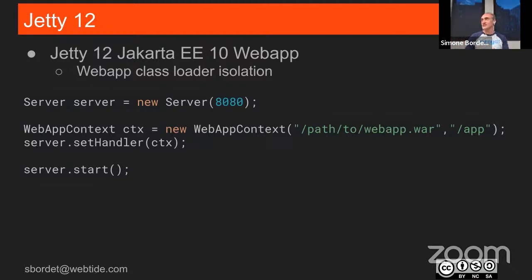And the last version of it is that now you have full Jakarta EE 10 with class loader isolation. Now you have not anymore a reusable servlet somewhere, but you have a full WAR developed by some other department of your company that gives you the whole WAR file. And at that point, you just say, well, now we have a web app context that we attach to the Jetty server. And this is the path to the WAR file that you want to deploy. And that's it. You just start the server.